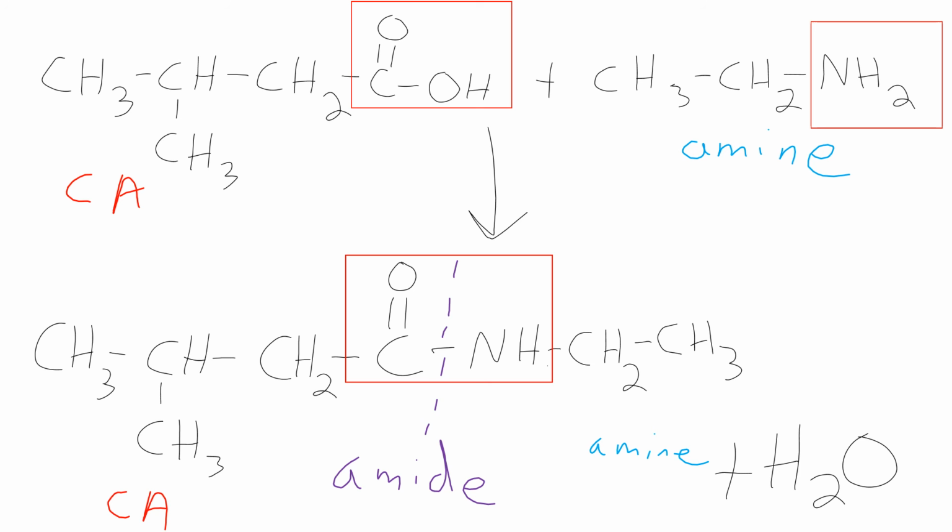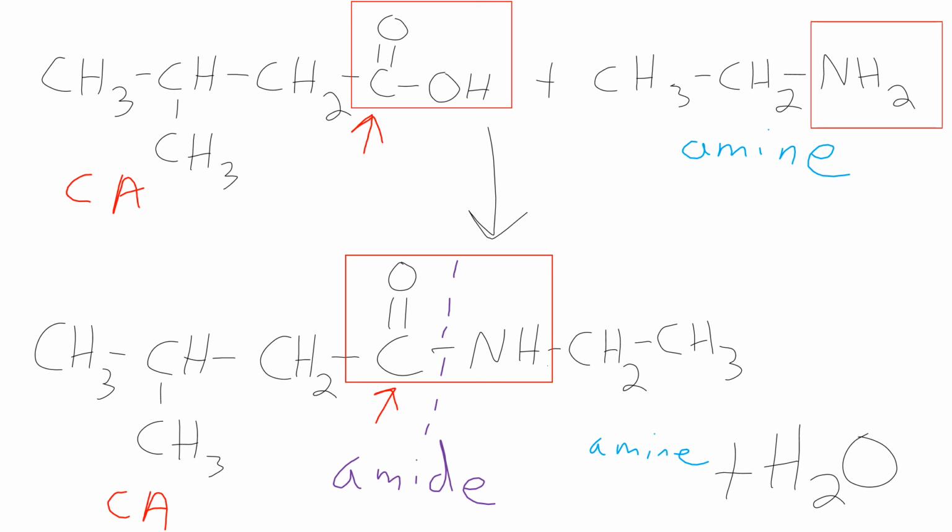So now you can do some mapping to figure out where pieces are coming from, where pieces are going. I'm going to use a combination of colors, numbers, and symbols to represent that. So this red arrow that I'm drawing at the C double bond O of the amide, where did it come from? Well, it had to come from the C double bond O of that carboxylic acid. And now I want to look at, what do I have connected? Are my connections the same? And you're able to map on and see that.